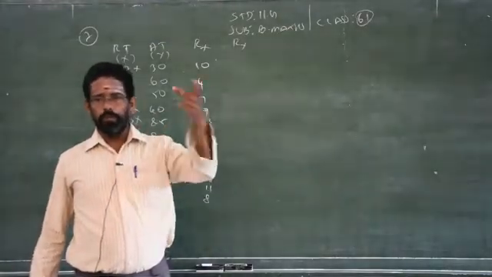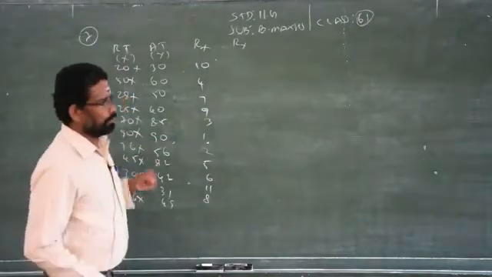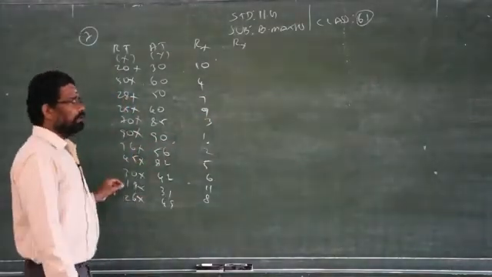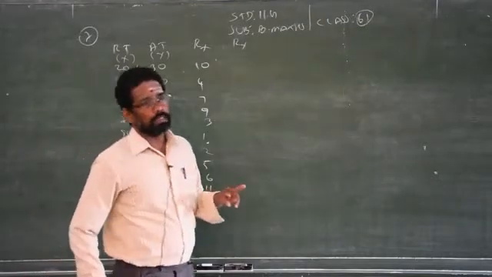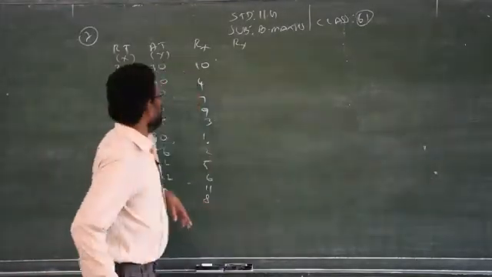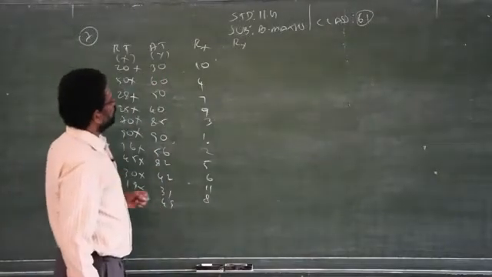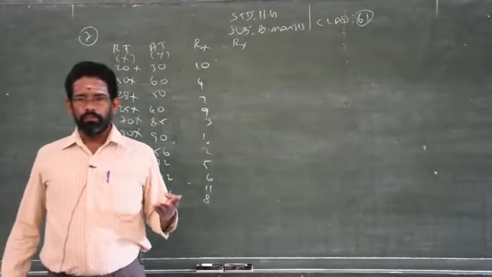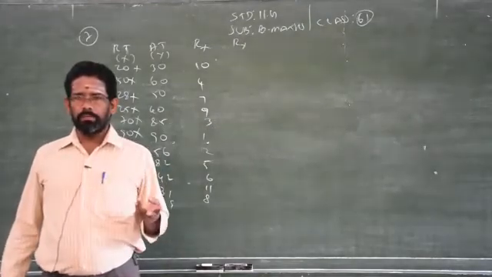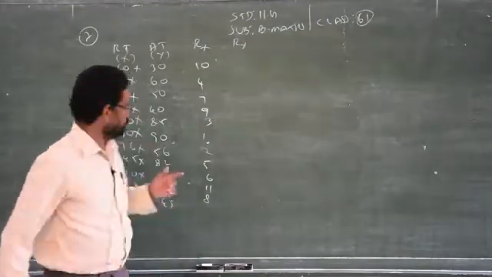So if you go for the next third one, you please name it as only 3. Don't give us rank number 2 when the same mark is repeated 2 times or 3 times. Clear? Each rank is counted by 1, 2, 3, 4. So this first rank holders may be 3. If you go for the next number, you don't give the rank number 2. It is rank number 4.